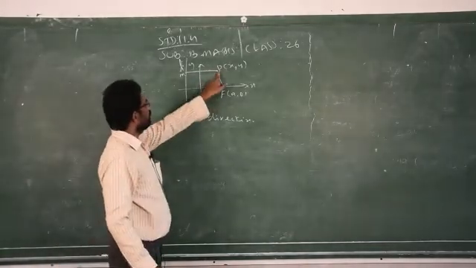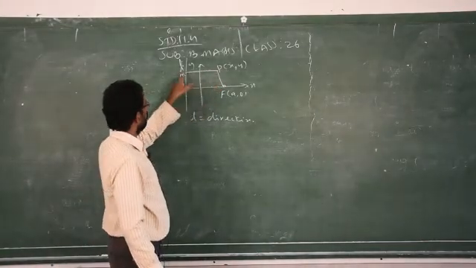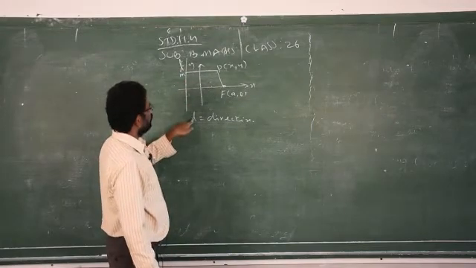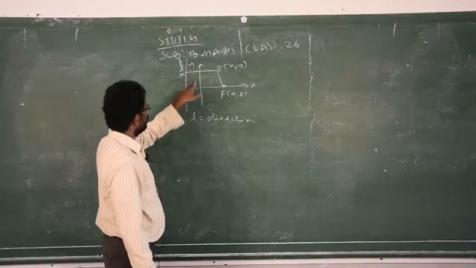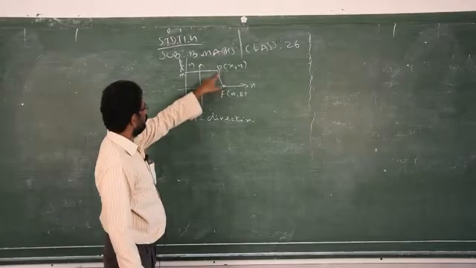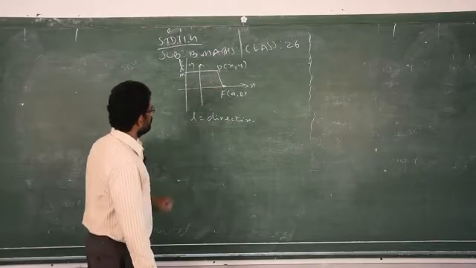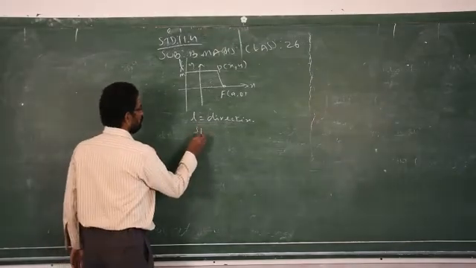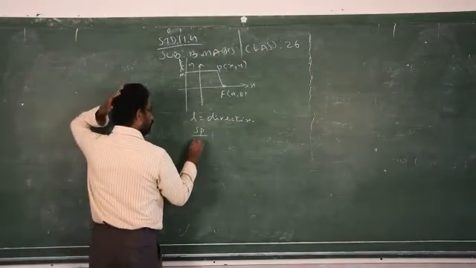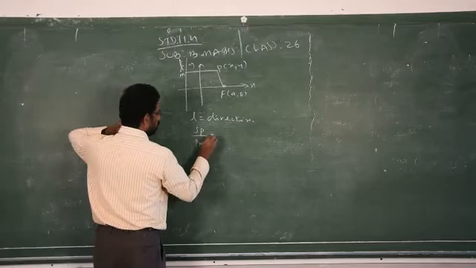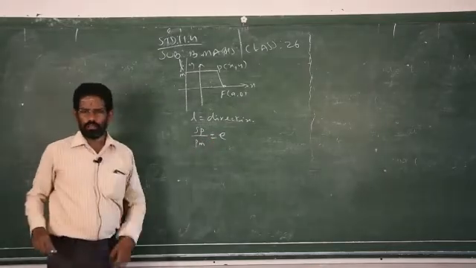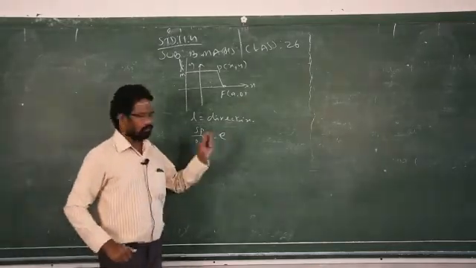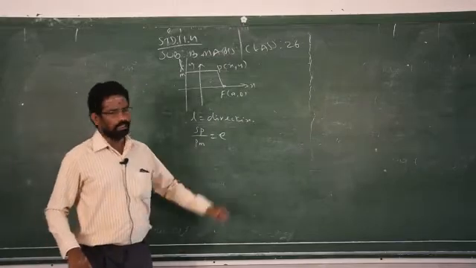So when you change the P, the moving point from there, this perpendicular line will also get changed. Clear? So the point position will get changed. When you trace the path of the point P with these conditions, you will get parabola shape. So generally it is locus of this point, SP by PM is equal to E. E means eccentricity, the constant value. So SP by PM is equal to E.